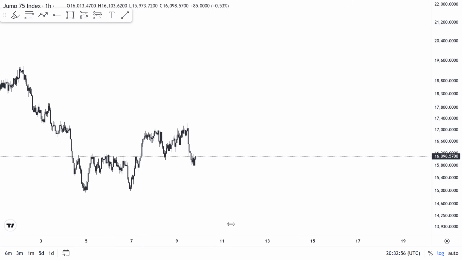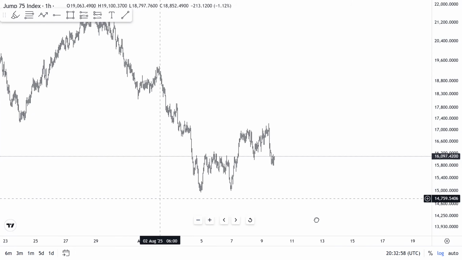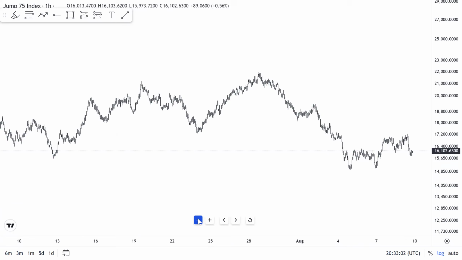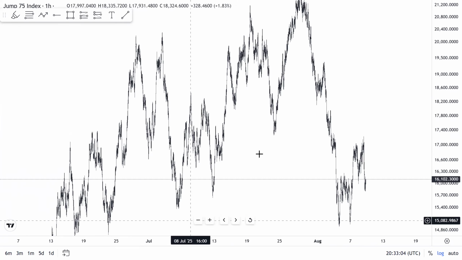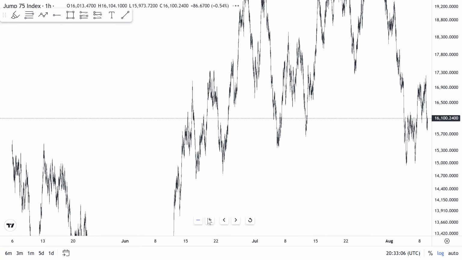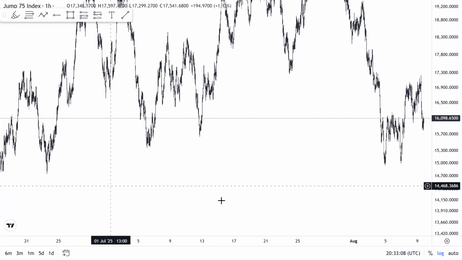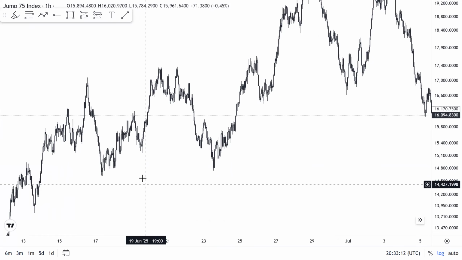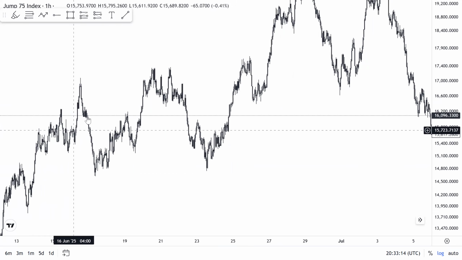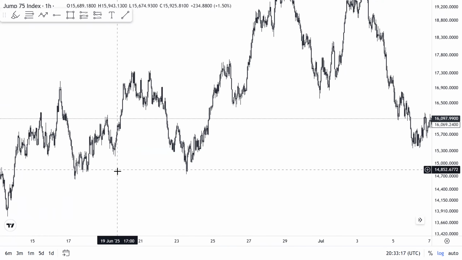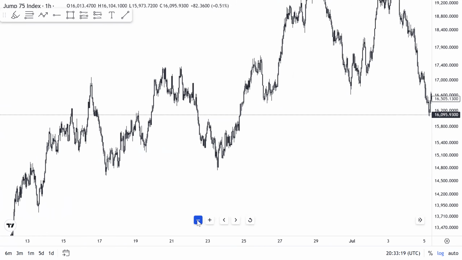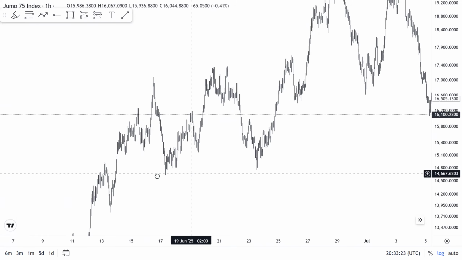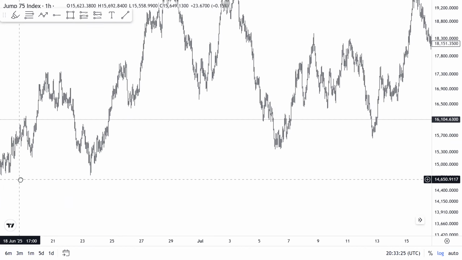So now this is the 1 hour time frame on Jumps 5. You can see that on the 1 hour time frame we're bearish on Jumps 5. But right here, what do we have? If you look to your left hand side, what do you see? We had a low, a high, a low. This is a low, this is a high, this is a low. I'm trying to see what's happening.